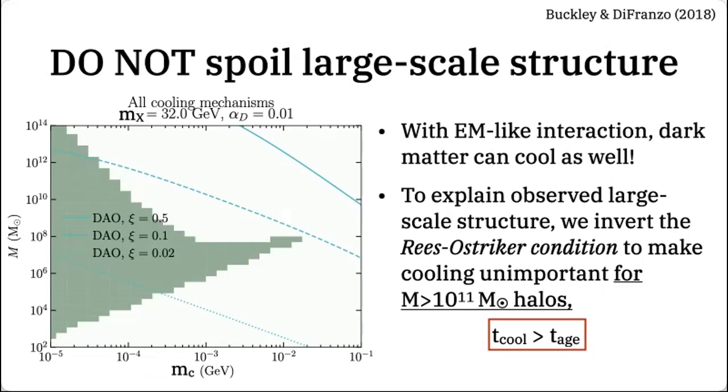Okay. But one constraint that I required is that because we now observe large scale structure with the cosmic web, clusters and voids, we don't want to spoil the observed cosmic large scale structure. So the requirement is that for dark matter halos heavier than 10^11 solar masses, that is about 1 order of magnitude smaller than our own dark matter halo, the cooling time, which means the energy dissipation efficiency, is far less efficient than the age of the universe. So it means that cooling doesn't happen for those heavy halos, but cooling can efficiently happen for the small halos.